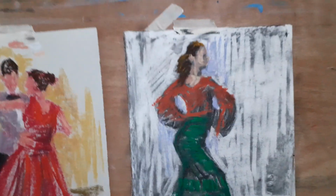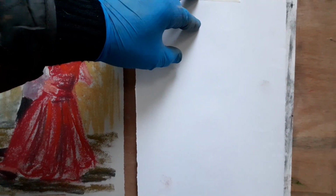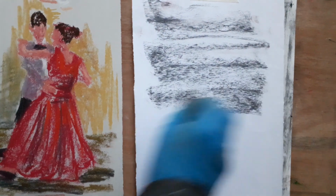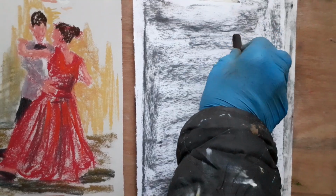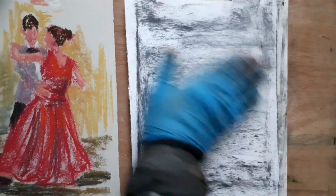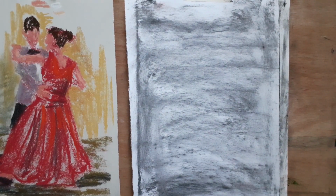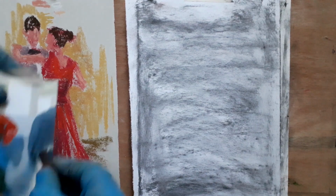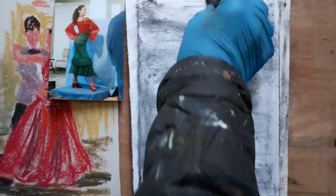The other way of working, which I would like to demonstrate here, which you can see here with the flamenco dancer, this time I'm working on white paper, white cartridge paper, and I'm starting with some willow charcoal, and I'm covering the page with willow charcoal. This is going to be what's called a charcoal rub away drawing. So I just smudge that into the page, and with my bit of willow charcoal I'm going to do something fairly similar to what I did with the ballroom dancers. So I've got a picture of a terrific flamenco dancer that I've worked with in classes,